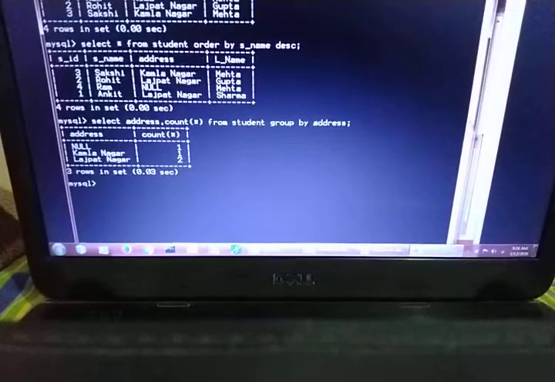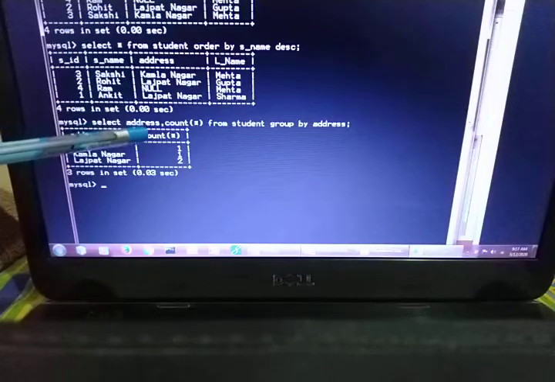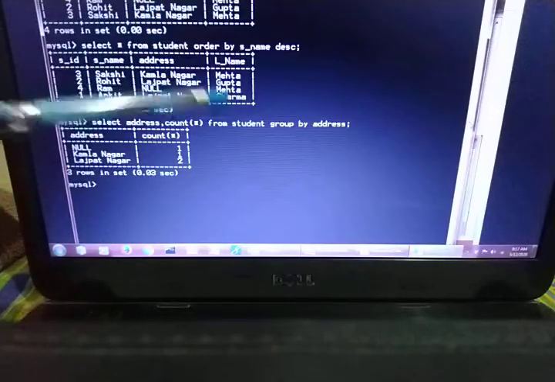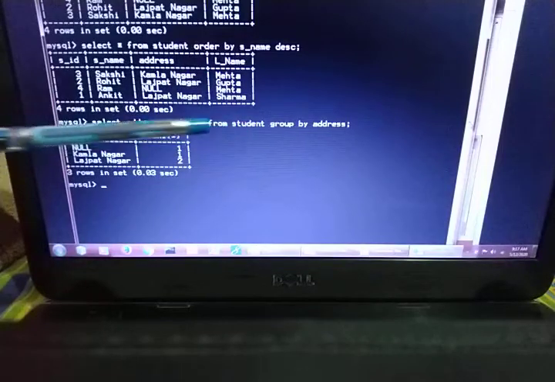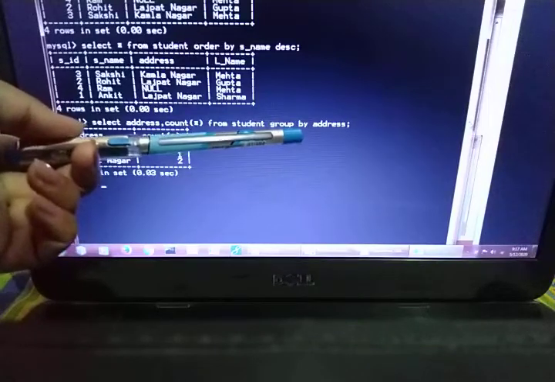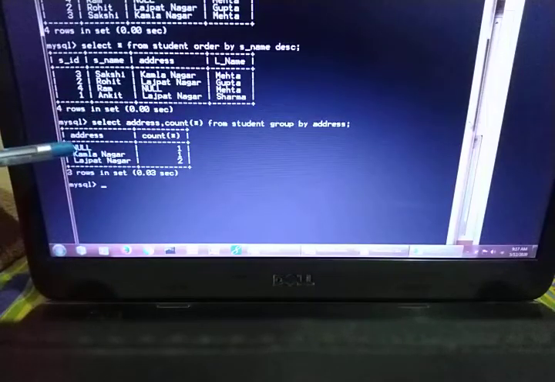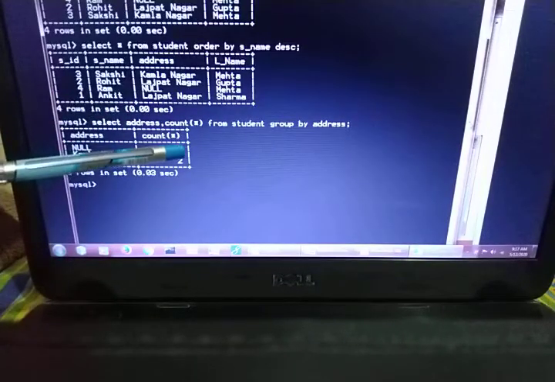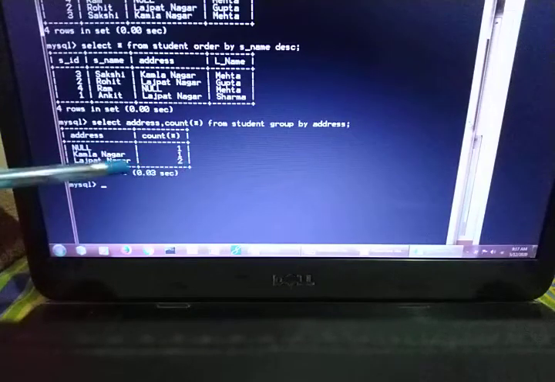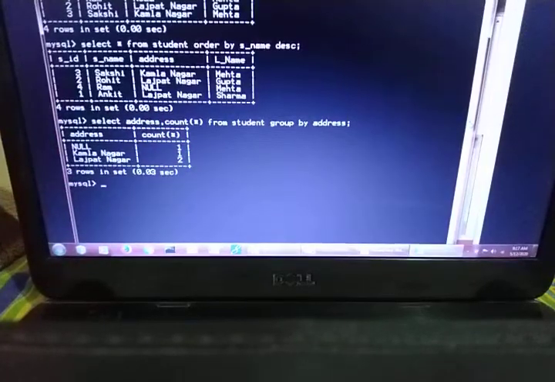Yes. So what all records it's showing, what I have done, first I am going to select the column and I want to count the address, from all the addresses. Then from which table I want to perform, I want to perform this on the student table, and then I have to group by with a particular column. The same column I have used, address. So it is showing null is having only one, so one it is showing in the count. Kamla Nagar only one, and Lajpat Nagar there are two records. So I have grouped my records with address.